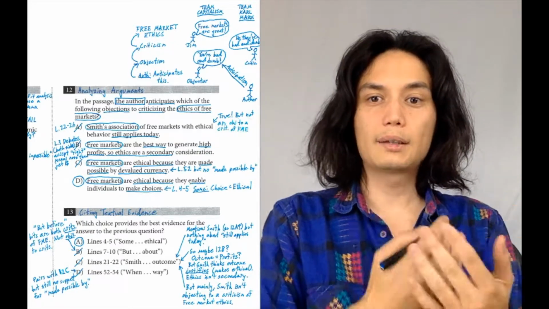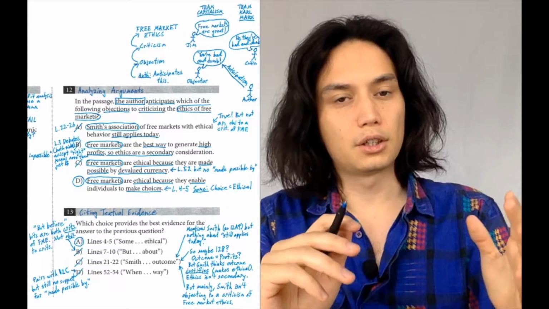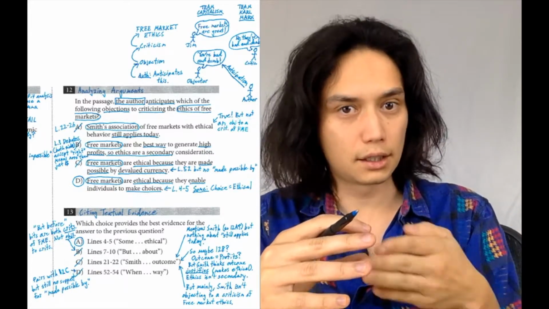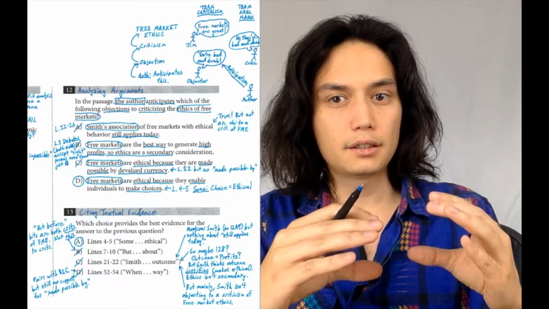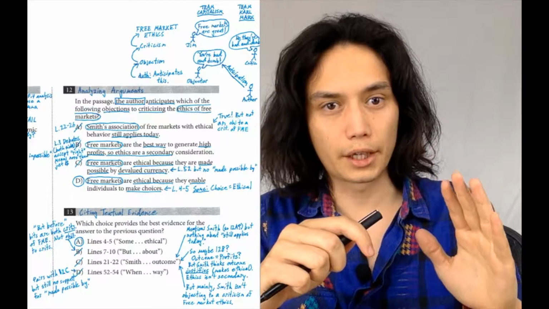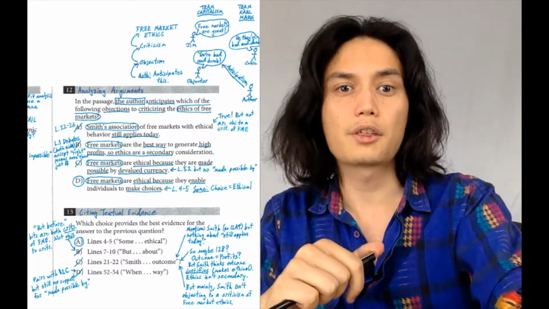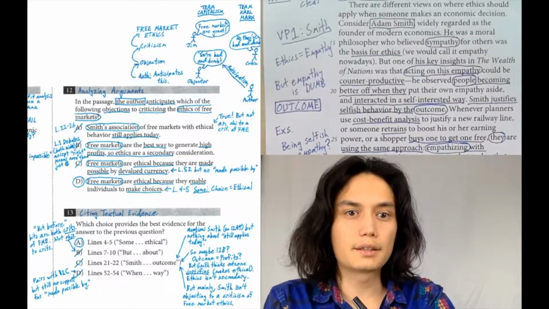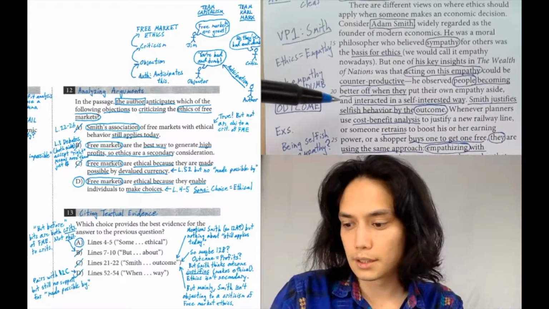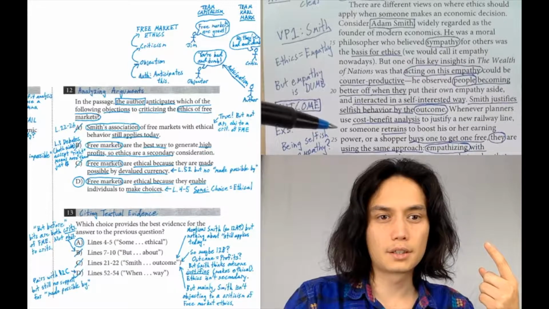The claim is that Adam Smith's association of free markets with ethical behavior, Adam Smith saying that free markets and ethical behavior are somehow related, that idea still applies today. It has relevance today. Okay, now let's entertain this idea and see if it has any support in the passage, and I think it does. The place where you might see the support for this comes from lines 20 through 26. These examples give us a sense of what this claim is actually saying.